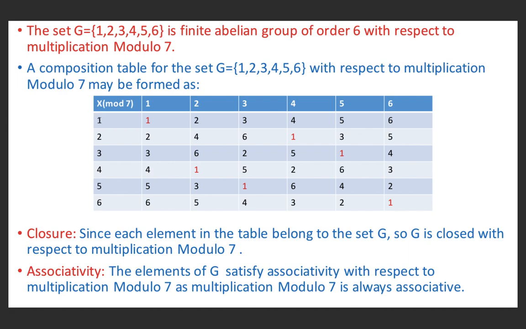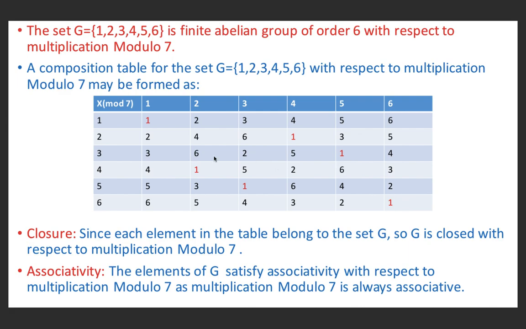So we locate this identity element in each row. In the first row, the identity element is in the first column. In the second row, the identity element is in the fourth column. In the third row, the identity element is in the fifth column. In the fourth row, the identity element is in the second column. In the fifth row, the identity element is in the third column. In the sixth row, the identity element is in the sixth column.